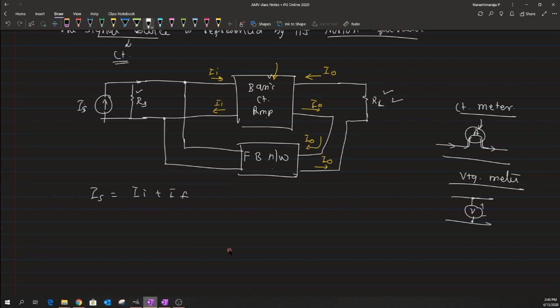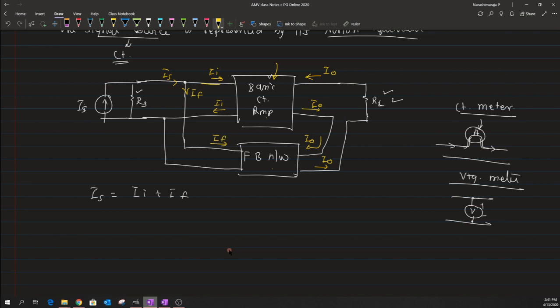What is happening is that at this particular point the current Is splits into two components, and this particular component is nothing but my If, and the one that goes towards the basic amplifier is our Ii, and that is how I mix our current, and this current is fed inside